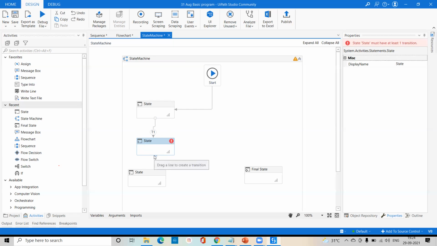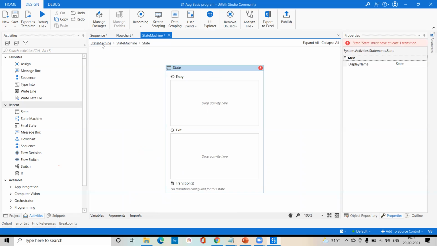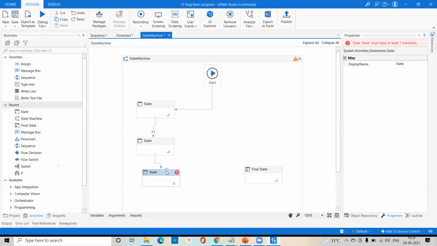Whenever you connect one state to another state, that is called T2. Transition 1, transition 2 right now. Whatever the states one by one we connect, automatically the numbers will be created, starting the numbering 1, 2, 3, 4, and so on. So whenever we have connected one state to another state, this is called transition. Either we can take one transition, or we can take multiple, n number of transitions. You can take T3, we can take T4.